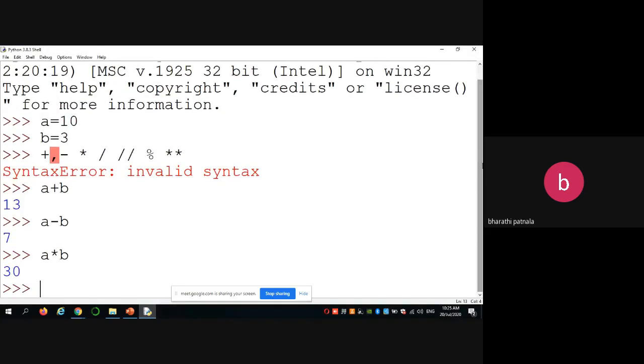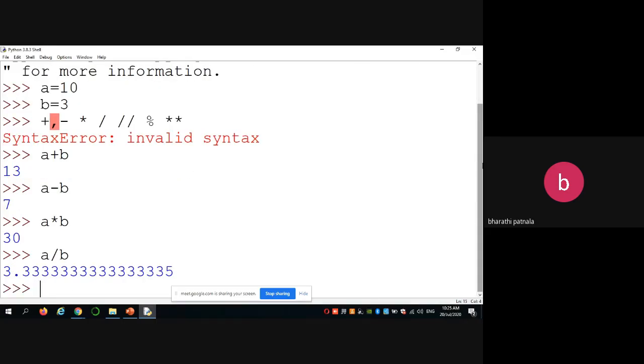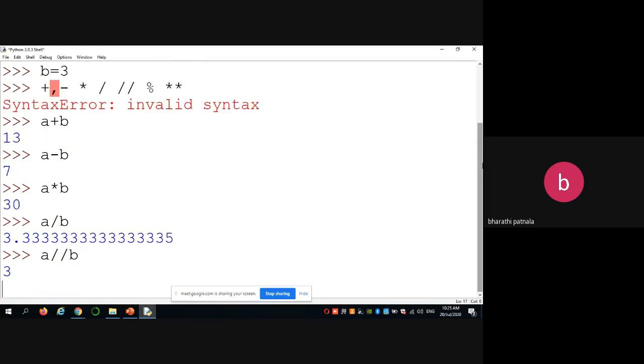Next, A slash B. Observe these two marks. So 10 by 3 returns a floating value, 3.3333 like that. When you use double slash, it returns only the quotient. Okay.